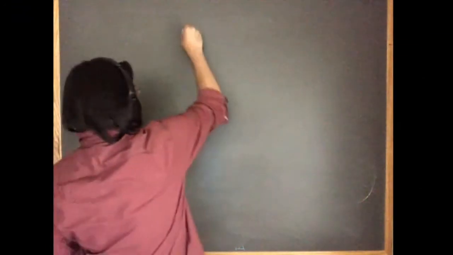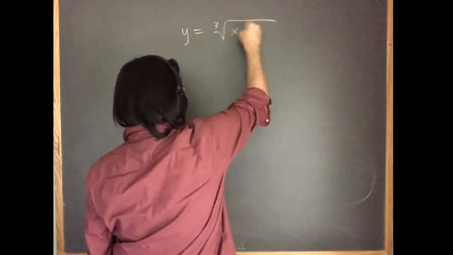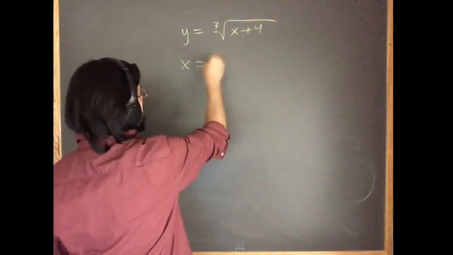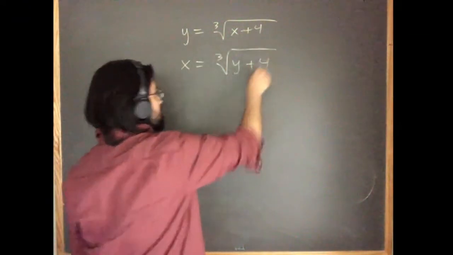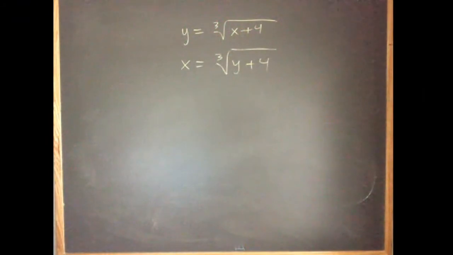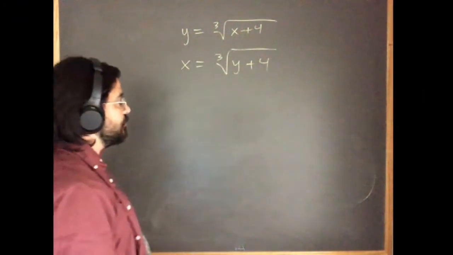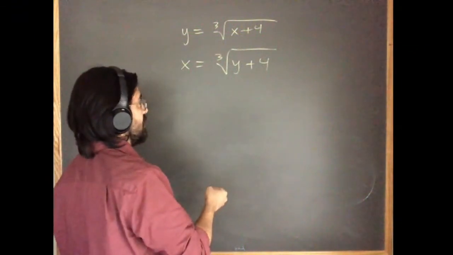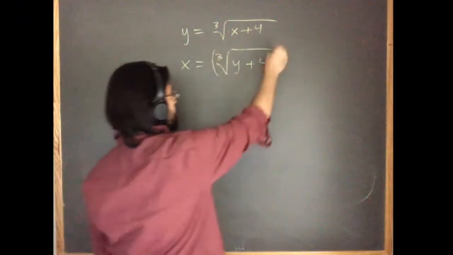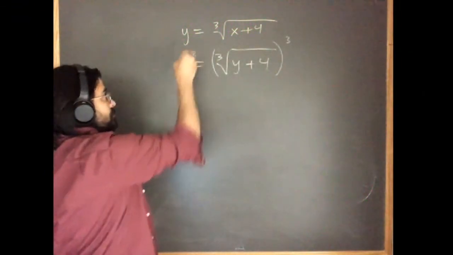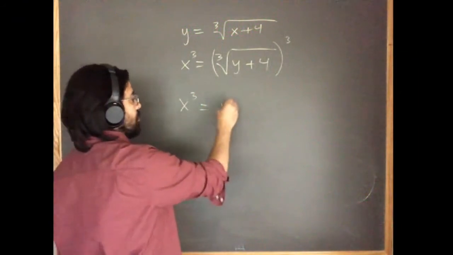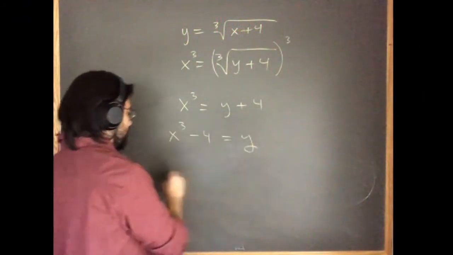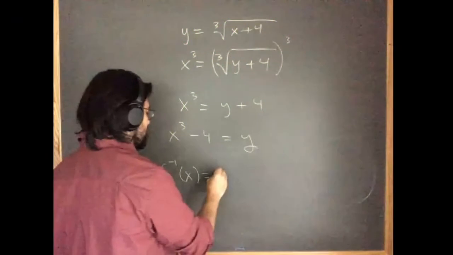So here, we'll start off by replacing f of x with y. And then you swap the role of x and y. That has the effect of basically flipping us across that dotted green line that we had before. And then we solve for y because we want the formula for the function. And because we passed the horizontal line test, we will be able to do this next step, right? So to undo this third root, you raise both sides to the power of 3. So you get x cubed is equal to y plus 4. And then you subtract 4 from both sides. And so you get x cubed minus 4 is equal to y, and that tells you that f inverse of x is equal to x cubed